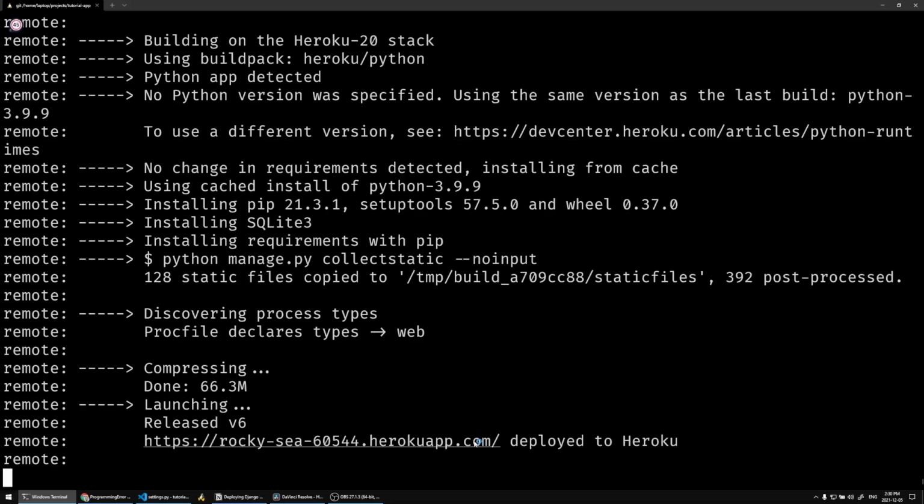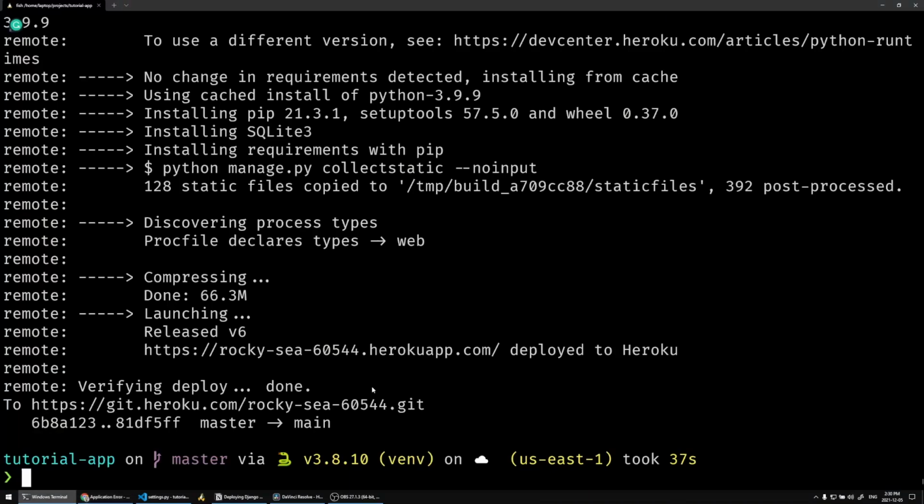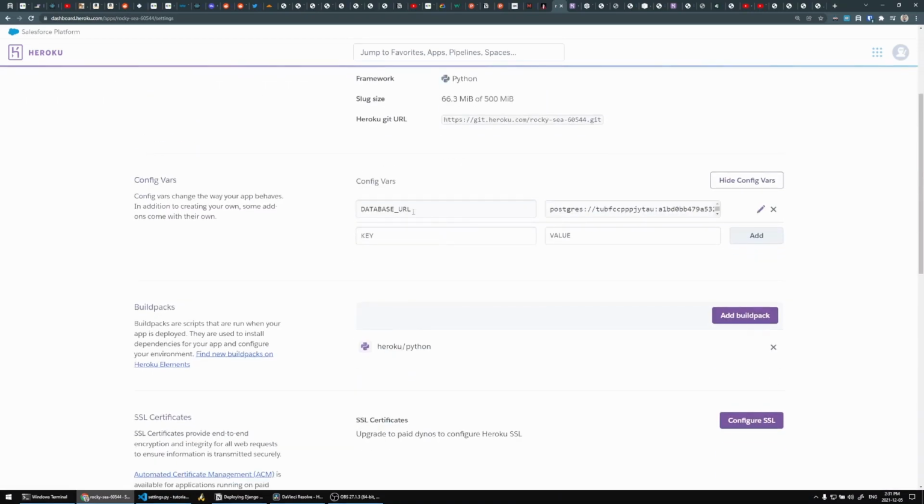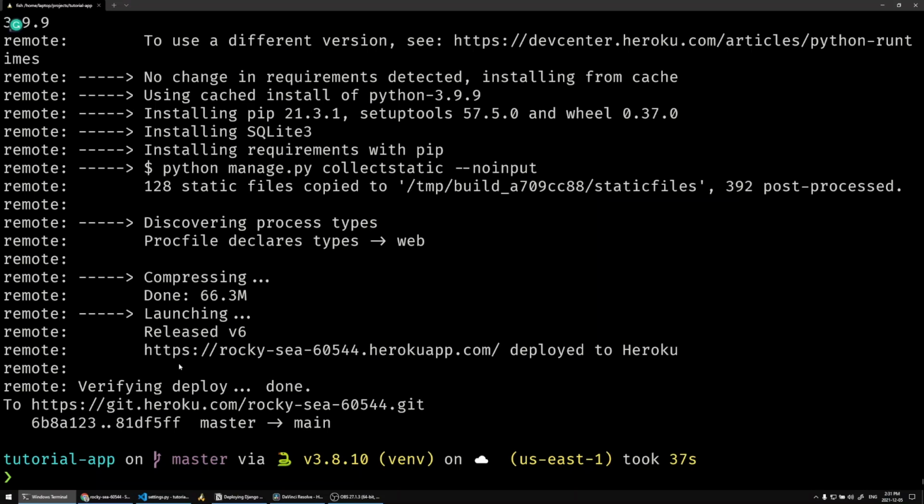Let's test our app now. Now, if you saw this, no problem, don't worry. You will need to confirm a few things. First, go to your Heroku dashboard and confirm you have the database URL. If you have it, that's good. The next thing you want to confirm is to migrate the database changes. How you do that is